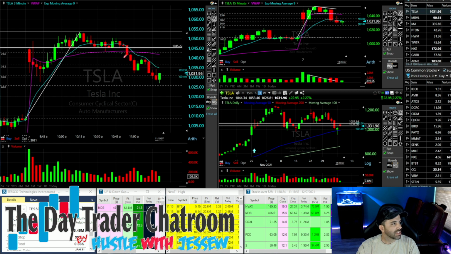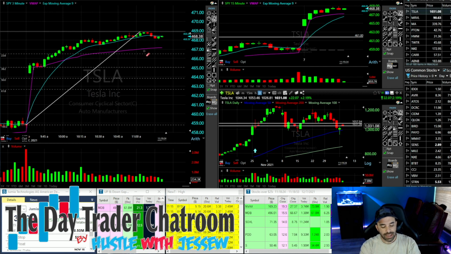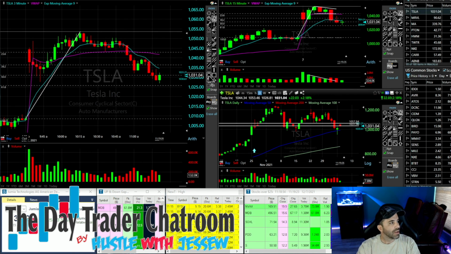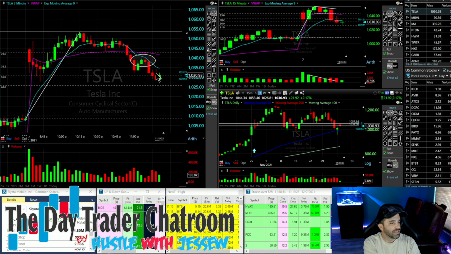And then I talked about Tesla being very lazy here at VWAP while the SPY was pushing up higher, and having concerns that if the SPY started to pull in, we would see Tesla break down underneath VWAP. And here you have SPY just drifting higher, a slight little pull in here under the 9 EMA, and that caused Tesla to break under VWAP. What I missed on here was a perfect opportunity for some puts for a test of the lows here. And it was just because of the distractions.